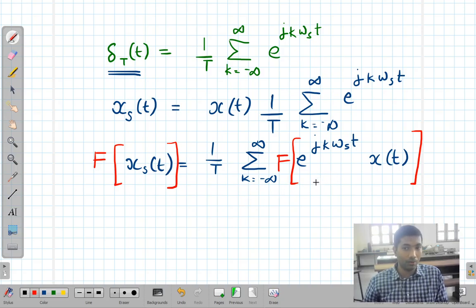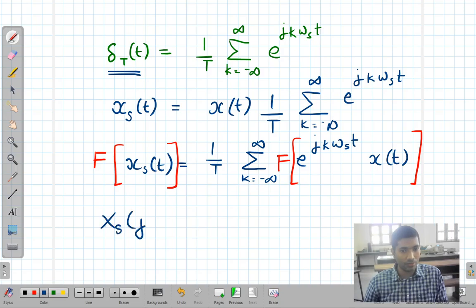While telling about a property, I told that this property will be used in the proof of sampling theorem. It is the frequency shifting property. If you multiply a signal with e raised to j k omega s t, then the Fourier transform will be shifted, right? So on the left hand side we have the Fourier transform of x s